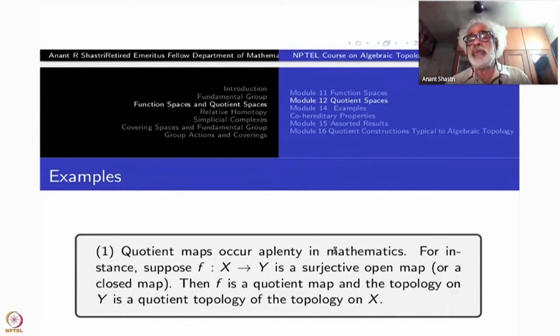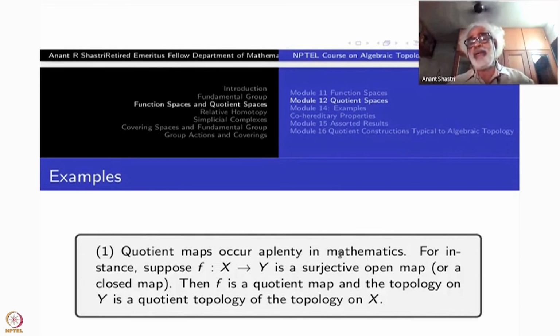Suppose I want to show the inverse image is open, then I want to show that U is open. But that follows because F of the inverse image of U is U itself. F of F inverse U is U. F inverse U is open and F is open, therefore U is open. So this is the only part. If U is open, F inverse U is open is easy because F is continuous. So openness gives you that it's a quotient map also.